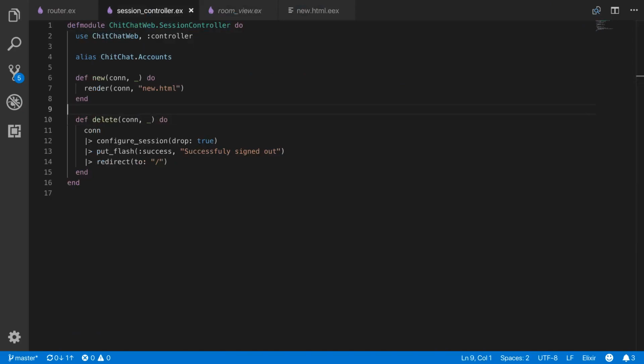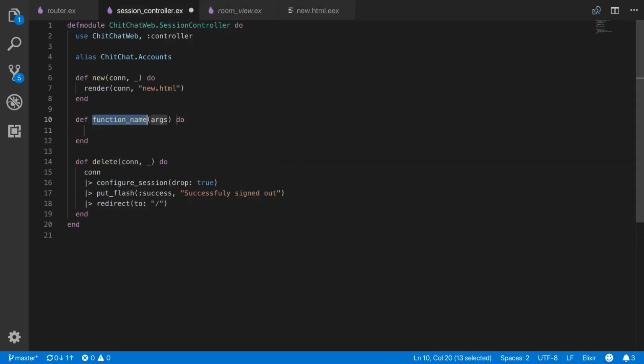We'll go to our controller and we'll add that function. So create is going to take a conn, and this time we do care about the second argument. So this form is going to come in as a user. Remember that post as user, that's what this is doing. And the user has an email which was sent in the form, and we'll capture that as email, and also has a password. We'll do the same with password,